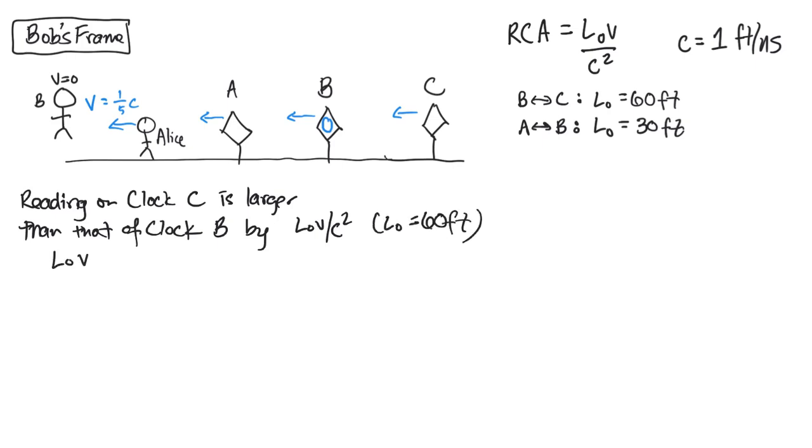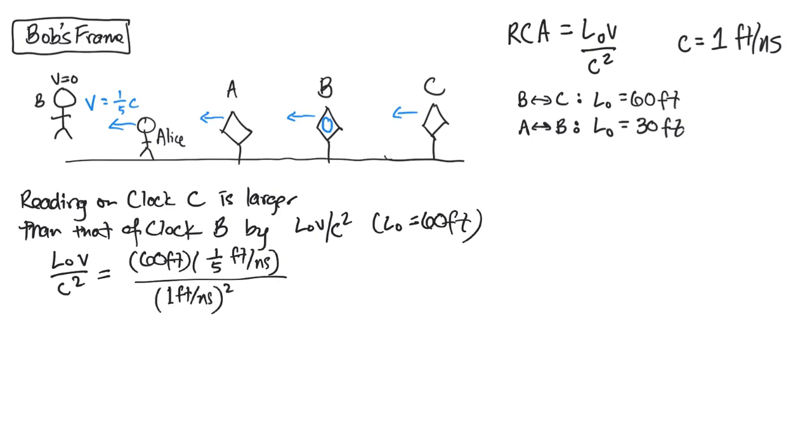So we have L naught V over C squared equal to 60 feet times 1/5 of the speed of light, 1/5 of a foot per nanosecond, divided by the quantity 1 foot per nanosecond